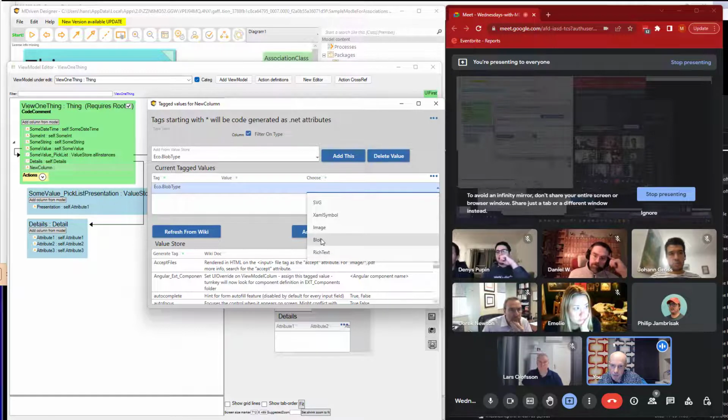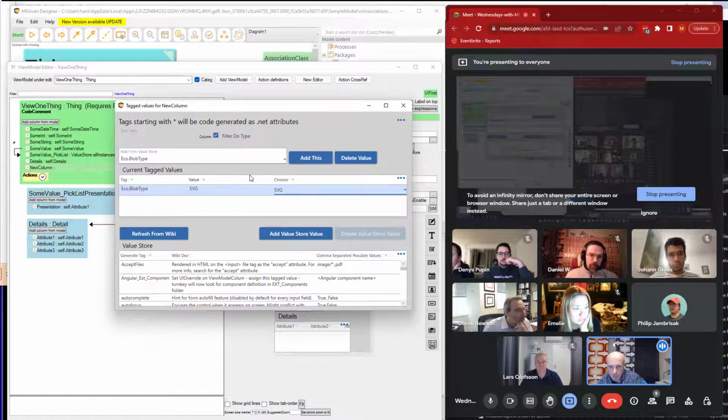Blob is nondescript, so that's probably something we use for having real documents or binary data of some kind. Rich text also currently only works in WPF to bring up the rich text editor and also the rich text format. So it's really these three that are the important ones. But the SVG,